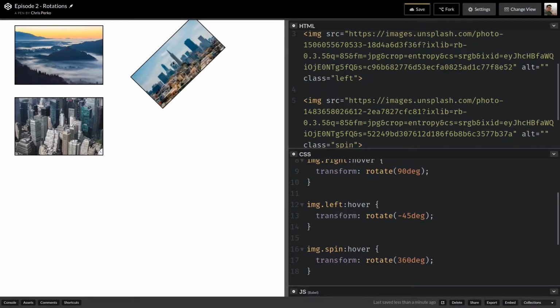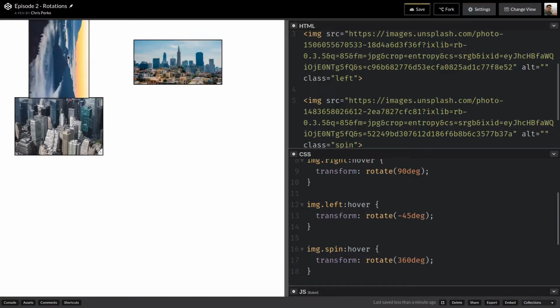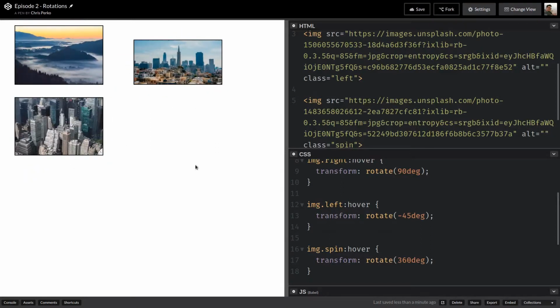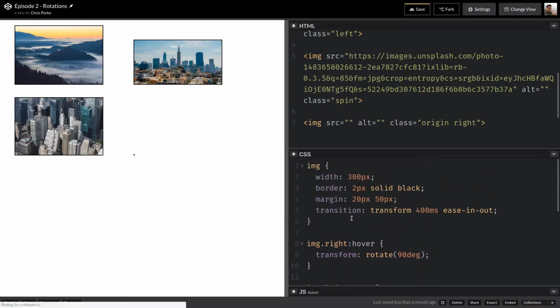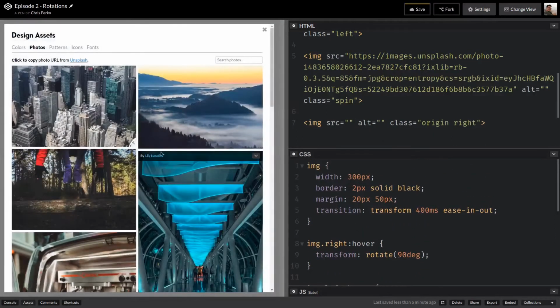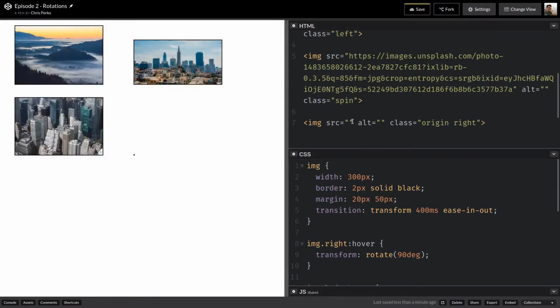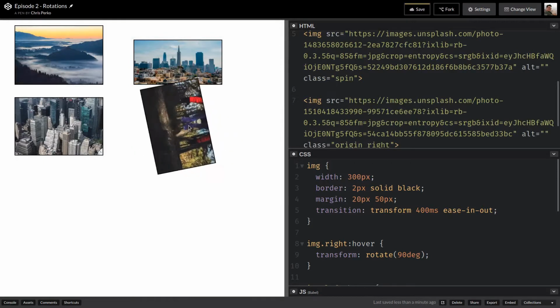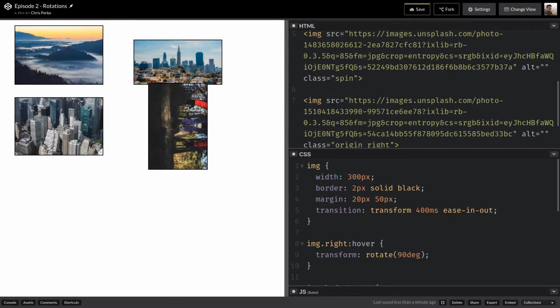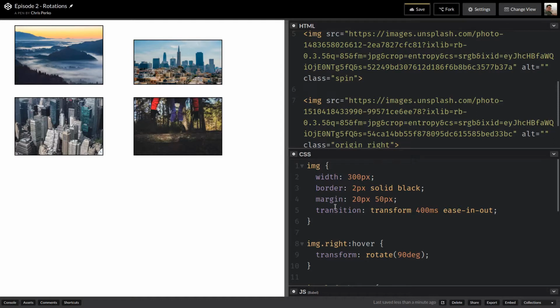Now you'll notice that all these transforms are rotating from the very center of the image. That is because our origin is set to the middle of the image. So let's do another one here. Let's give it the class of right again. But I'm going to make a new class called origin. So let's see here. Let's grab another image. Grab this one. So once that image loads up, you'll see that it's doing the same thing as before, just rotating to the right. Now our origin class,